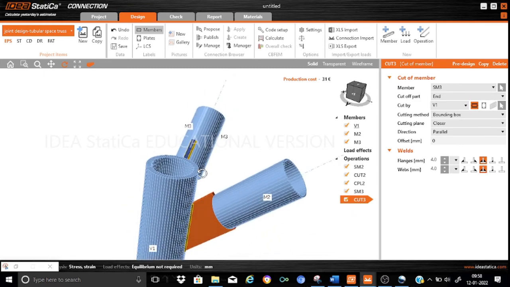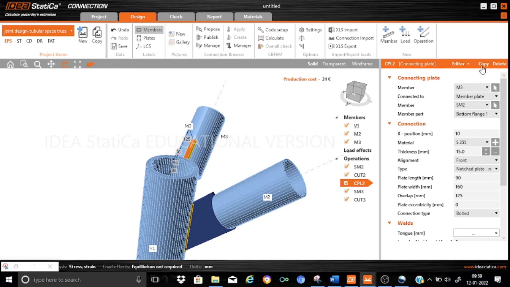Now it is important that we start defining the manufacturing operation required for the connecting plate for member M2, and this connecting plate will be chosen as a cap type plate. So let us simply copy CPL2, that's a connecting plate, so that we can make the other one. Let us call it CPL3.